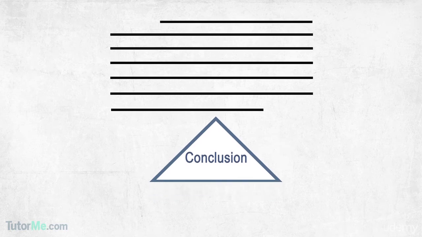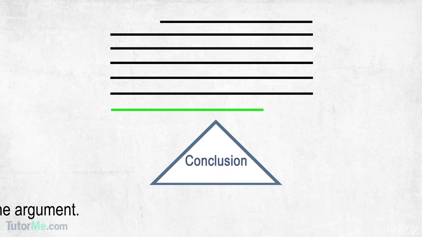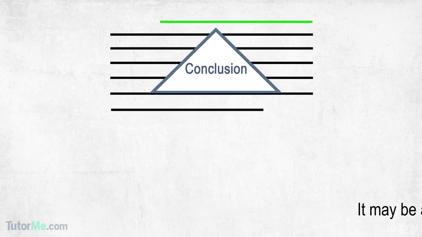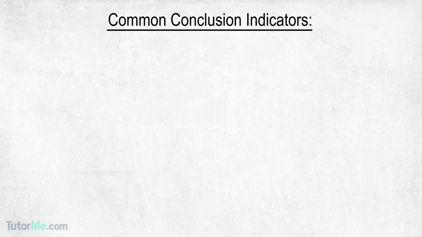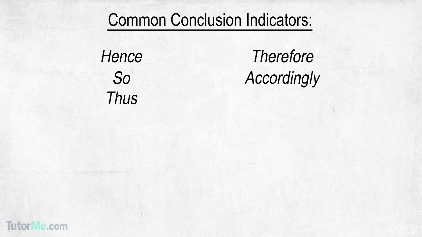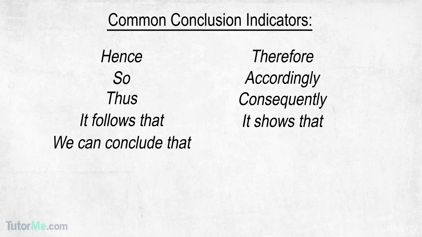As you would expect, most conclusions will come at the end of the argument. Occasionally, it can be found at the beginning of an argument, but rarely will it come in the middle. Writers use certain words to indicate that the conclusion is about to be stated. Here's a list of the most common conclusion indicators. Hence, therefore, so, accordingly, thus, consequently, it follows that, it shows that, we can conclude that, implies, as a result,